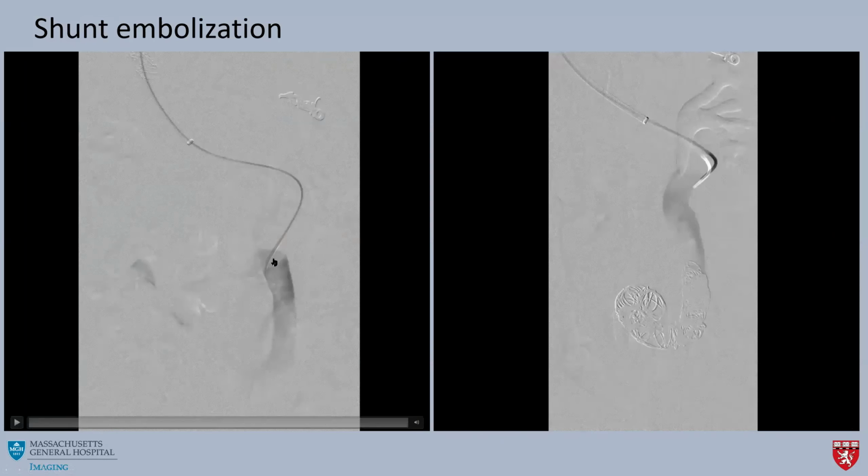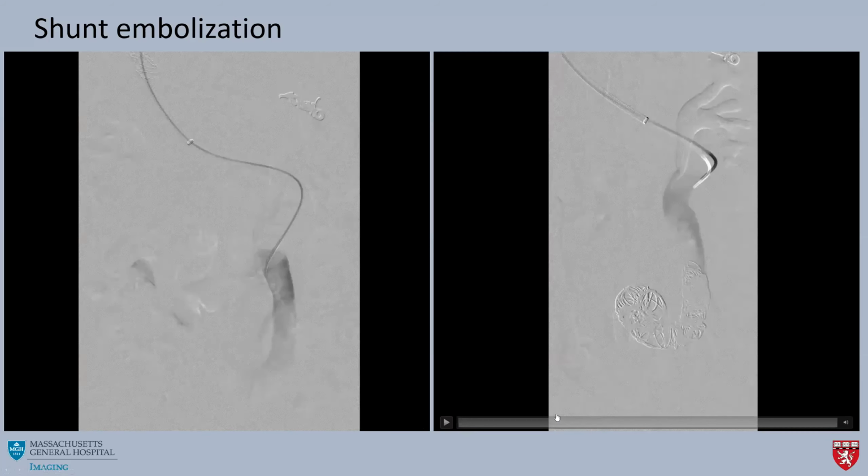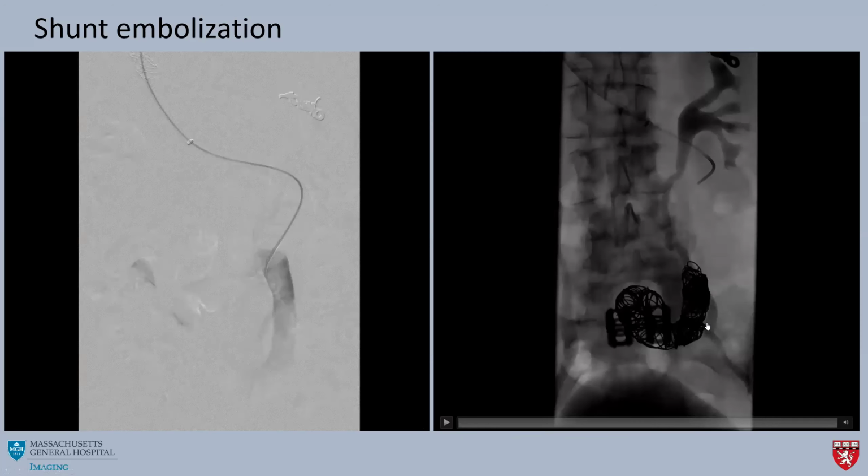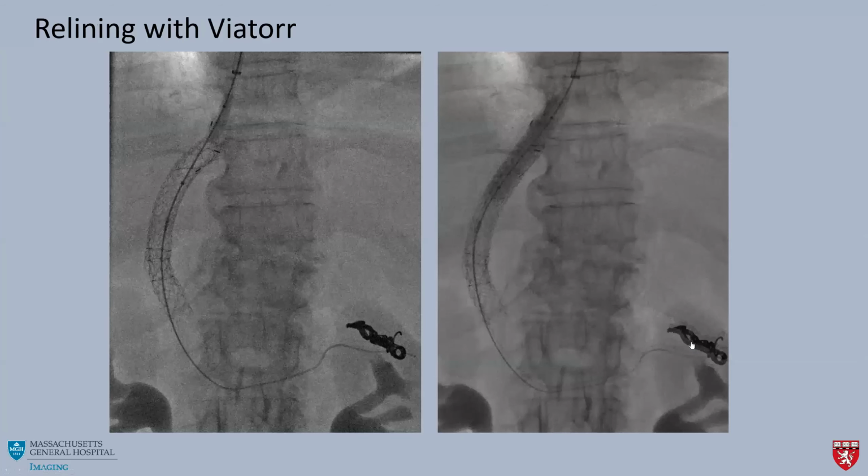We then turned to this IMV shunt because this was going to cause an issue because this is so big, and it's basically shunting blood away from our TIPS. Even if we recanalize the TIPS, there's a risk of reocclusion because of the shunt. So we just went down with the catheter, and then we basically coil embolized with a bunch of 035 coils, and then we turned to the TIPS stent, and then we relined it with a long 8 centimeter Viator, and then we post-dilated to 10 millimeters.